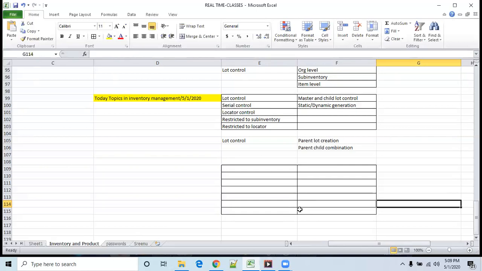To overcome such issues, they reserve some locators, they keep racks, and they keep the materials in that particular location. With the help of that, we avoid wasting time, as you can find the material within less time. And second, you can easily go and catch the material where it is present.